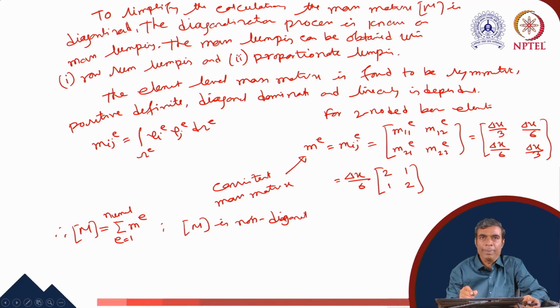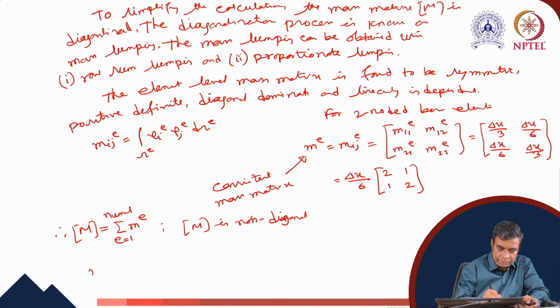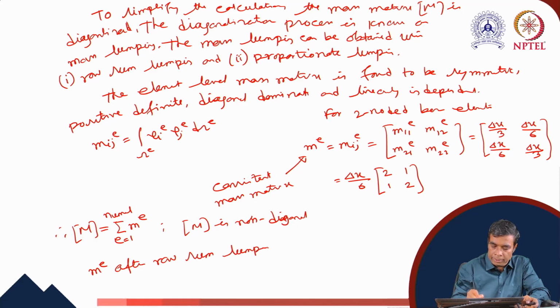This element level mass matrix Me, it can be diagonalized as Me after row sum lumping looks like